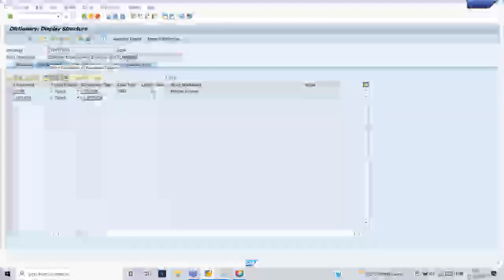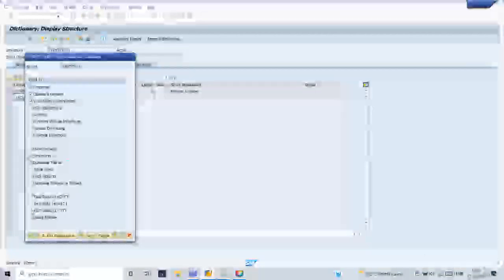So CI, maybe if I go to this customer enhancement display. See, so this is the customer enhancement for structure CIF mat key. So this is applicable for both structure and table. So if I go to this structure,